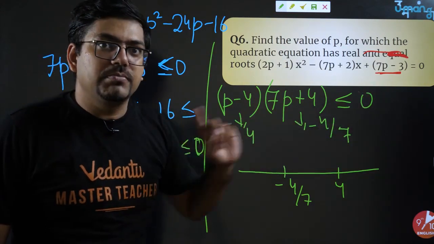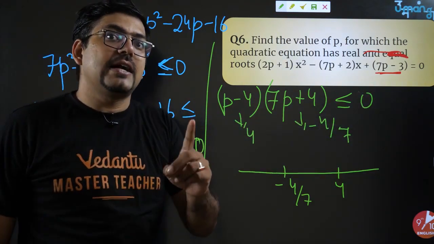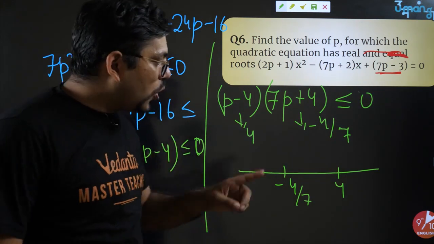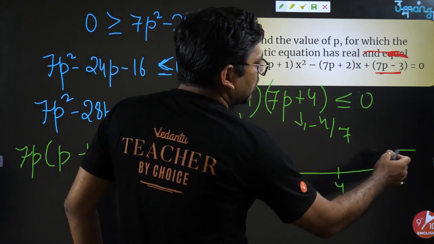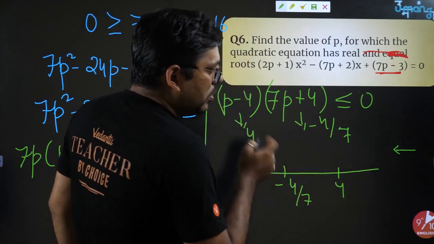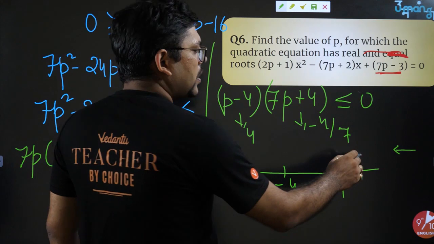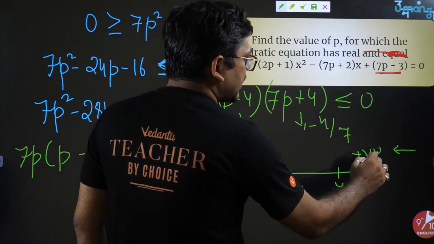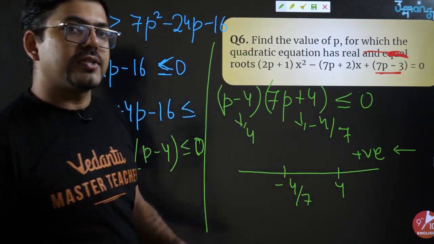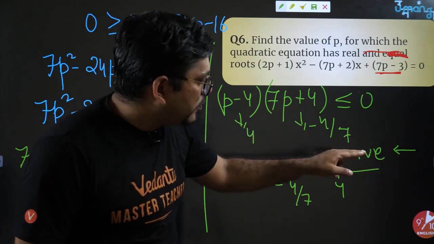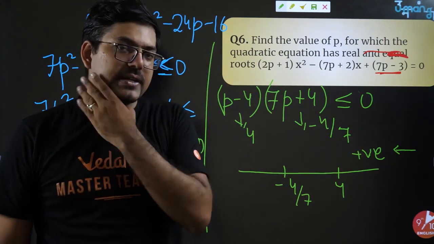Okay, the second step is to always start from the right hand side, from right to left, and start with a positive. I know you may not understand what I mean, but you just remember it. You have to learn it. You have to start from the right and you have to start from positive. This is the second step.